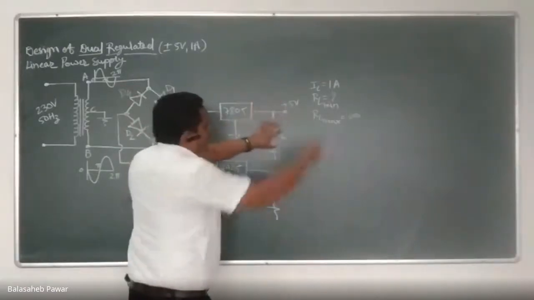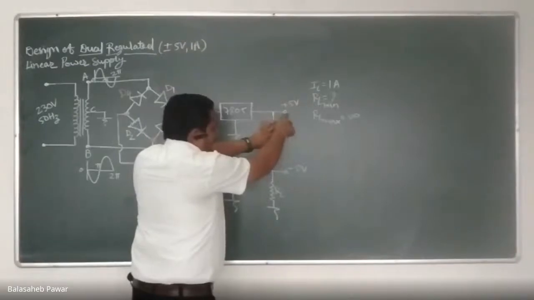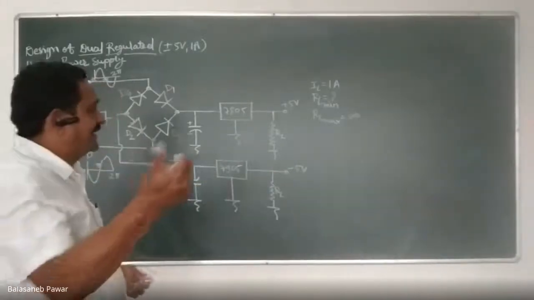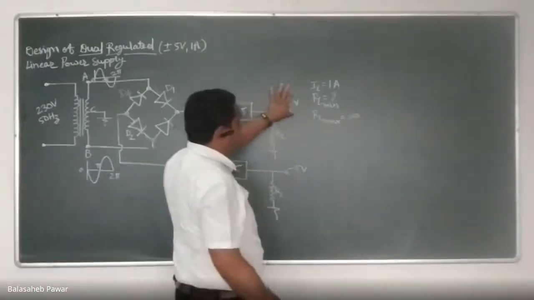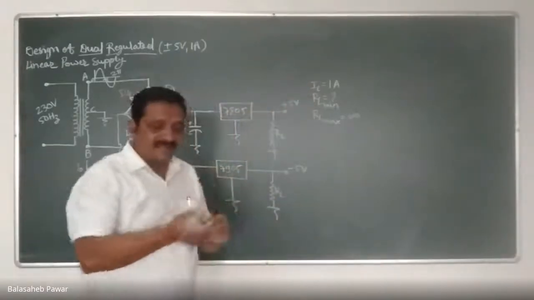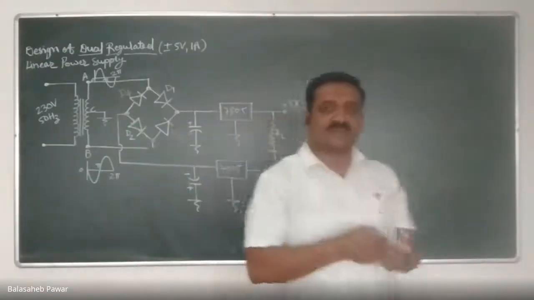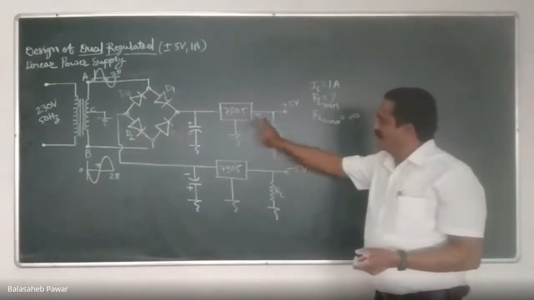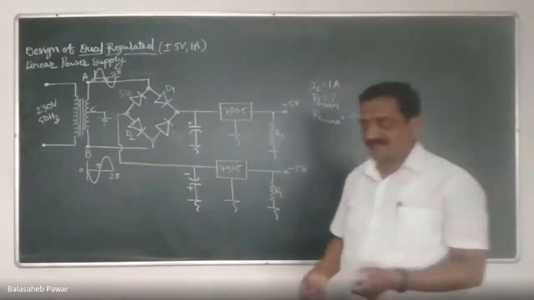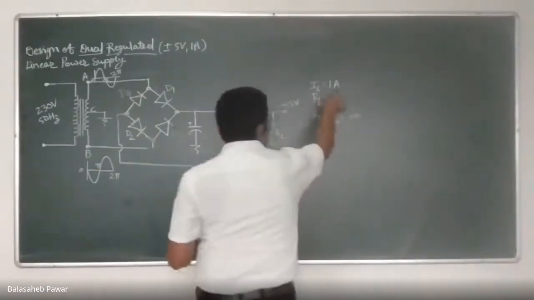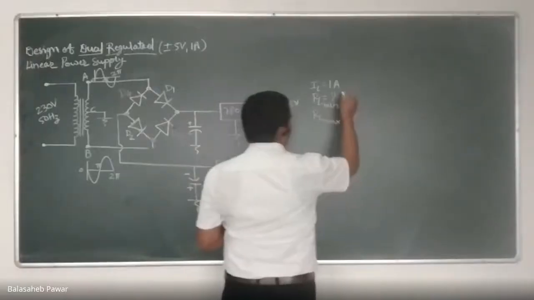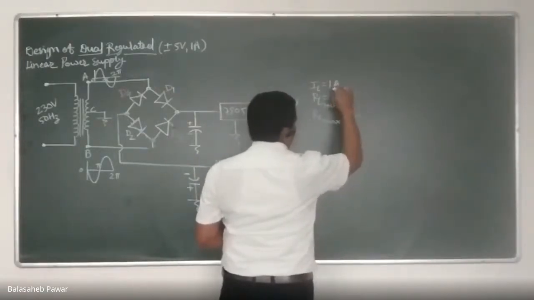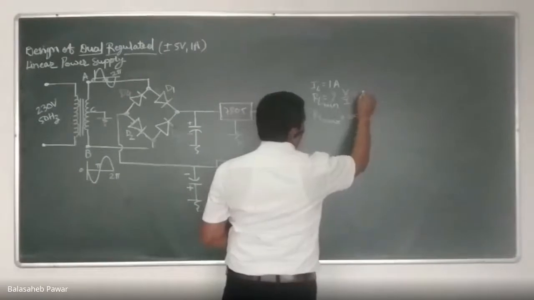That means without any RL, if you measure using a DMM the voltage at this node with respect to ground, with RL equal to infinite, the DMM will read plus 5 volt. Now, how much minimum resistive load should I connect here so that our regulated power supply provides a regulated DC? As the current is mentioned, 1 ampere, it is simply V by I. V is 5 volt regulated divided by I, 1 ampere. That means it will be 5 ohm.